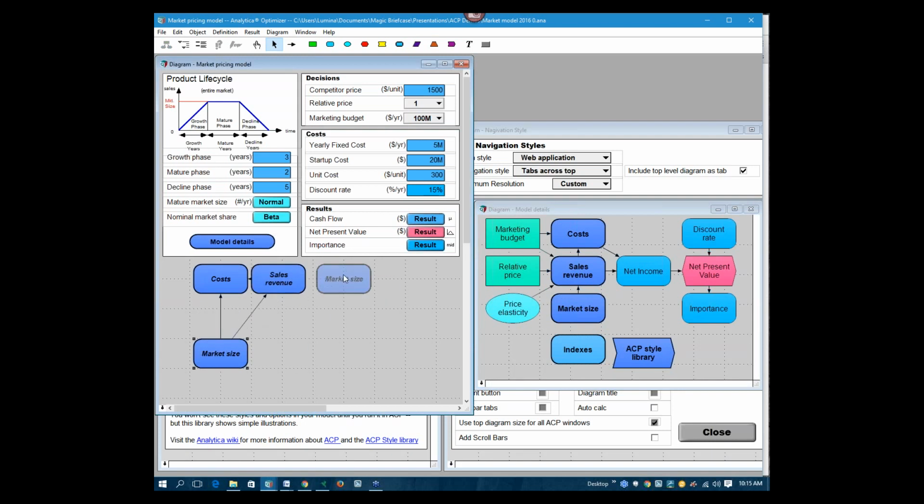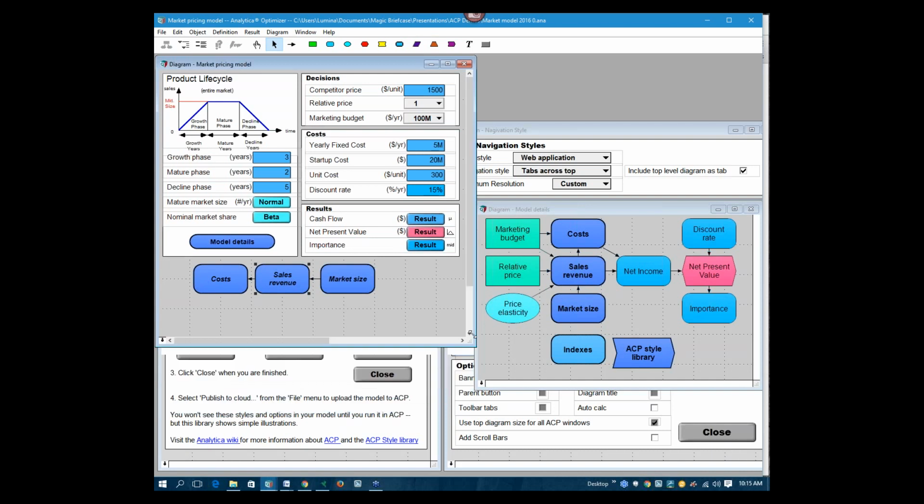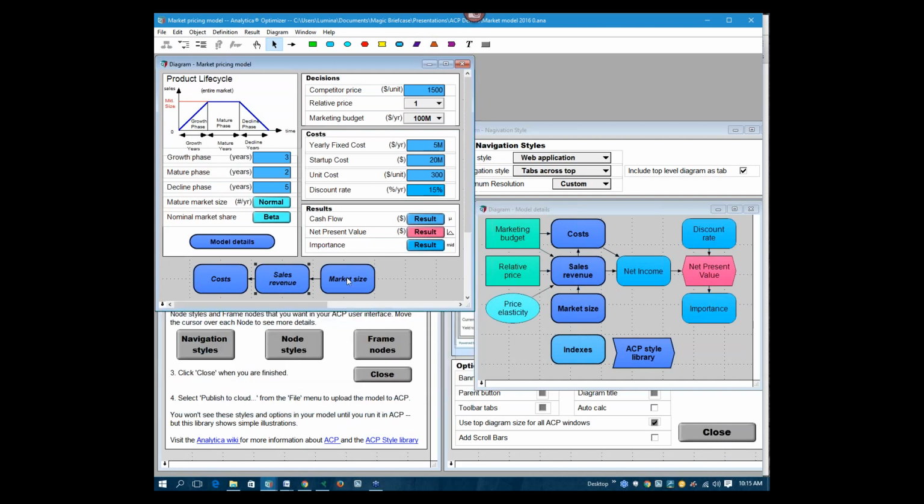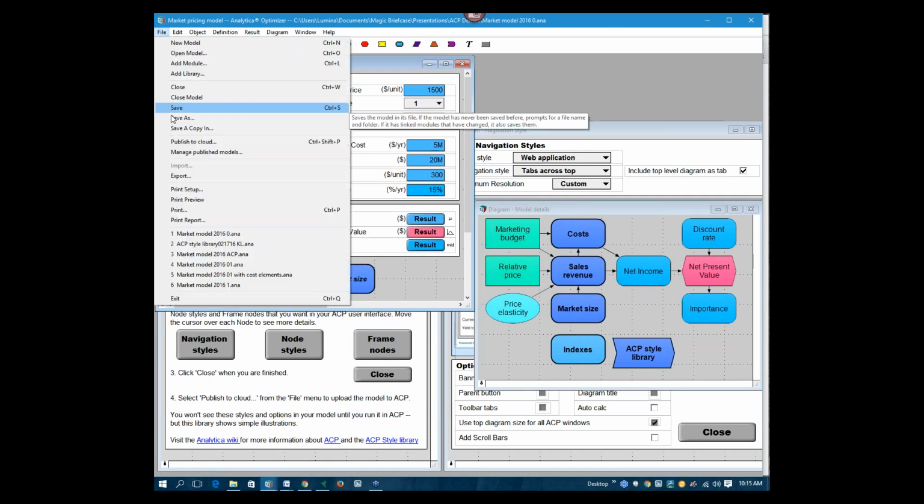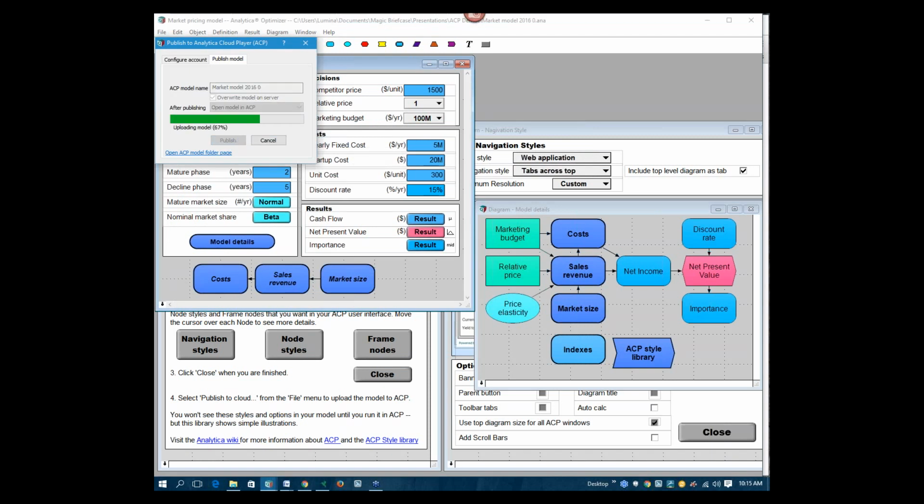It doesn't really matter. But the order of the tabs in ACP is the order of the modules going left to right or top to bottom. So now we expect it to have model details, cost, sales, and market size as tabs. So let's check and see if that's the case. So we publish to cloud again,